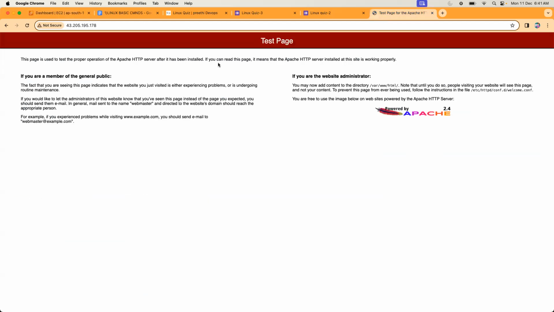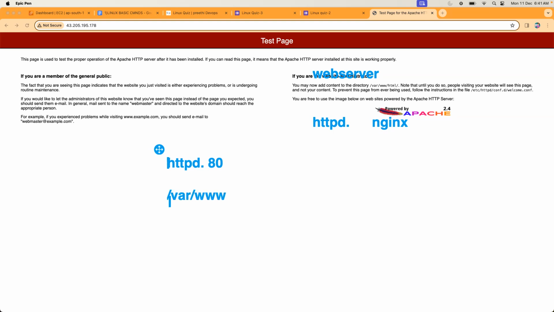Now, see, do you see that welcome page? If you are seeing this page, it means the HTTP web server is installed and running. We have installed the HTTP web server. And as we have learned, this HTTP runs on port 80. And this is used to host any static websites. Where should you place them? Once you install, it will configure this path. This is the default path. See, it also tells you here